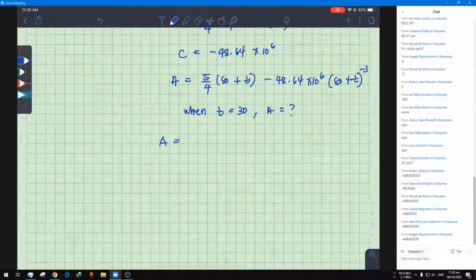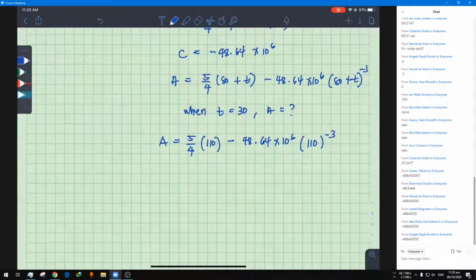So A then would be 5 over 4. So 80 plus 30 is 110. Minus 48.64 times 10 raised to the 6. And then 110 raised to negative 3. 100.96